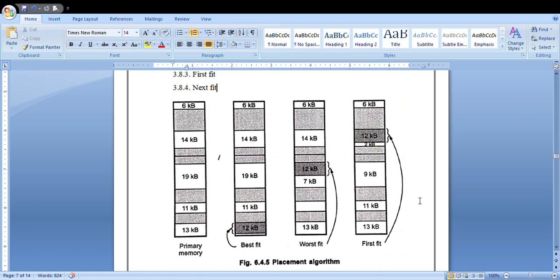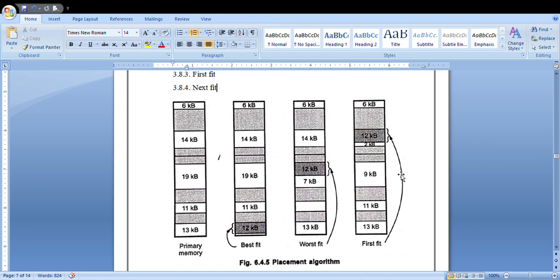As the name indicates, wherever the first free memory location is available, it will always place the process in that particular memory location. This 14 KB is the first free slot, so in that first free slot your next process is going to fit. This is your first fit algorithm.